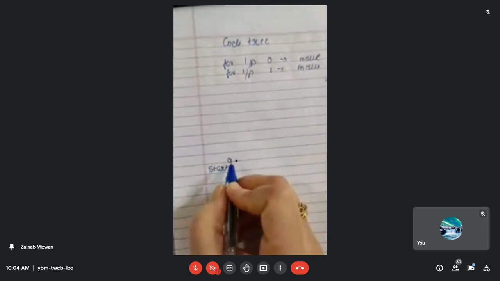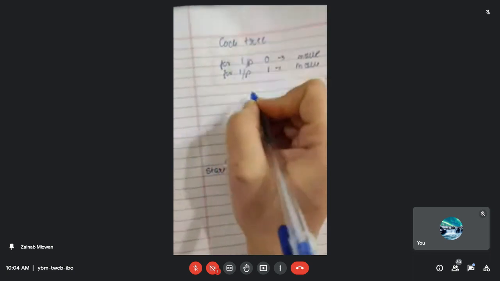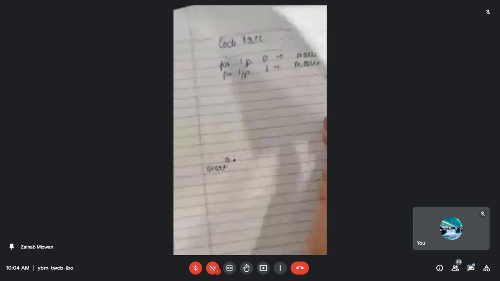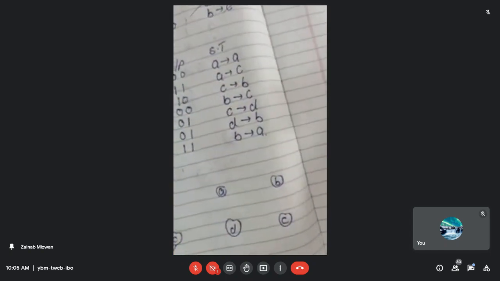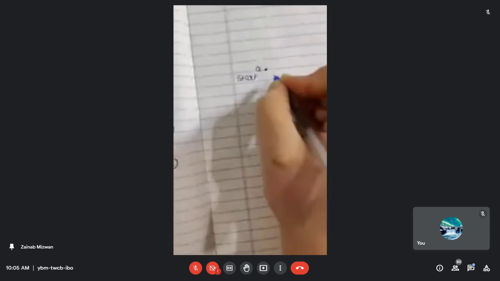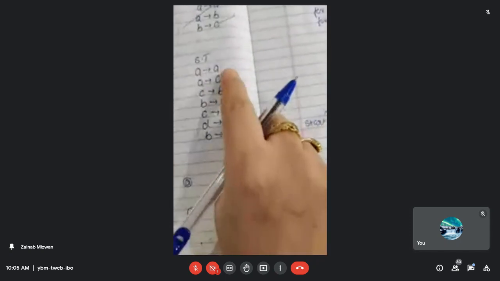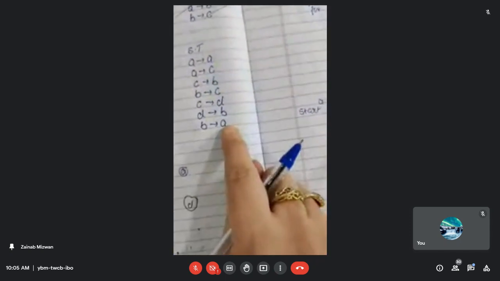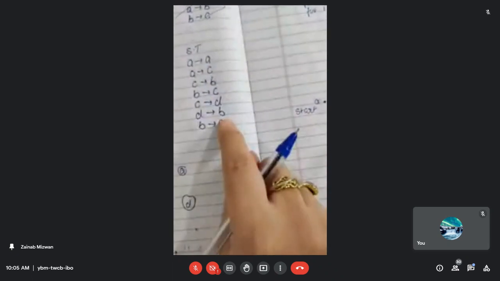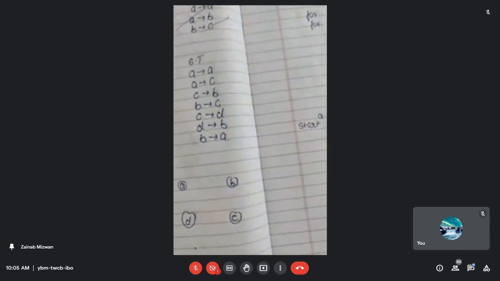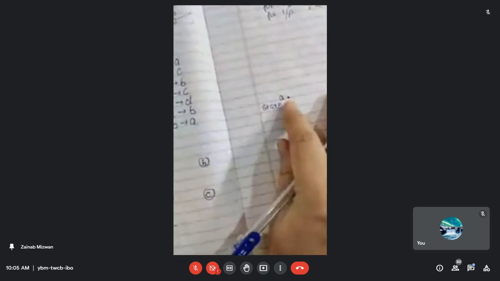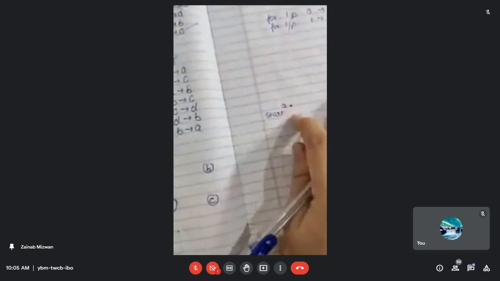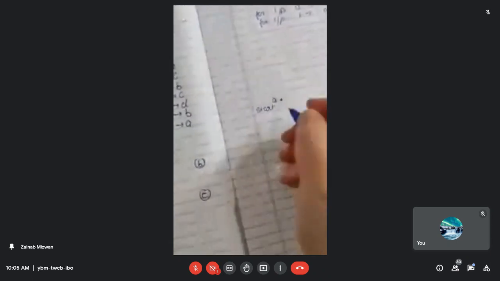Now from A, we will either be moving in the upward direction or in the downward direction, depending upon what output we are getting over here. So if I'm going to start from this, we have made the state transition. Now A to A, so here I don't need to make any loop. You can see from the state transitions in the second encoding table we made. You can just have a look at the second encoding table, at the state transitions which we have over here for A to A. I am not going to draw the A to A over here, because at A we cannot move on A, it's a tree, so we'll stay on the A only.